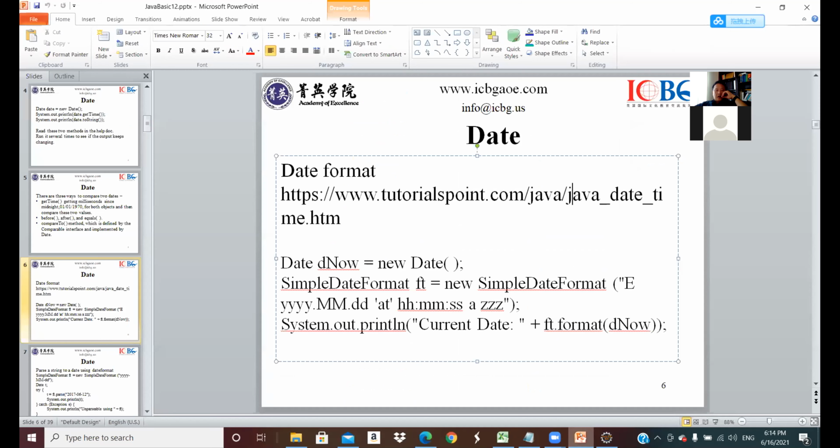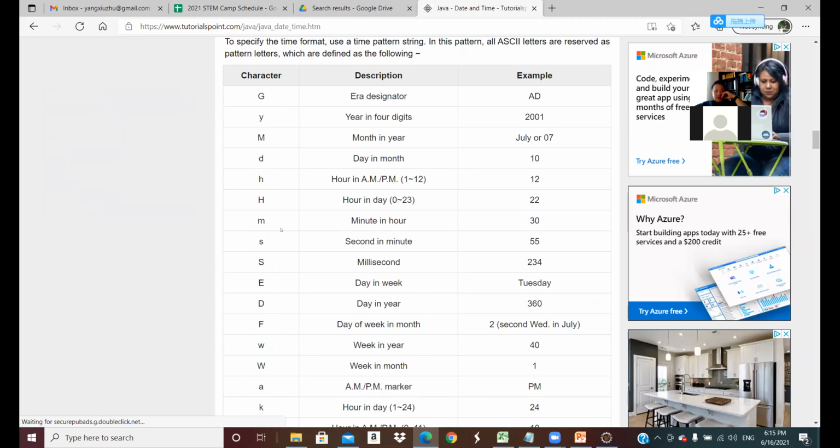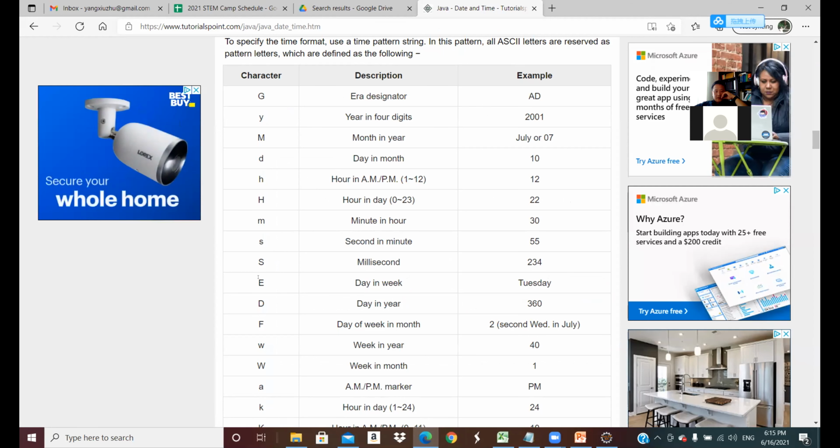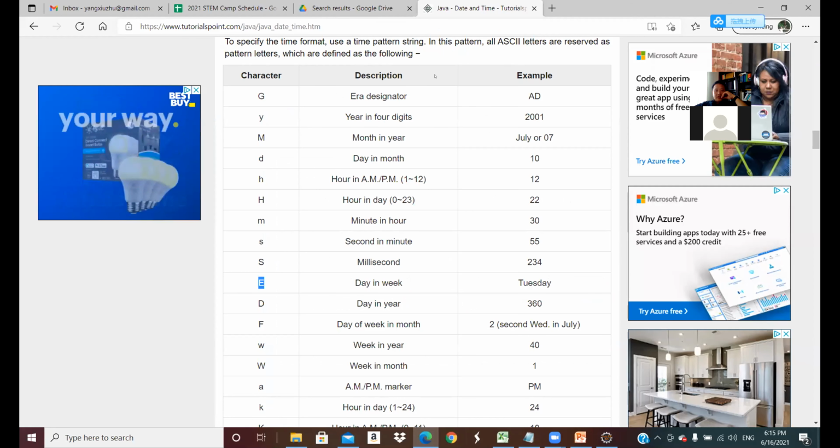Okay, so let me go back. You see here, I use the simple date format. You see what I do? I use E, and then y, then dot MM, dot dd, and then at HH mm ss, then a, then z. So what does this mean? Let's come back to the website. What does capital E mean? Okay. Capital E means